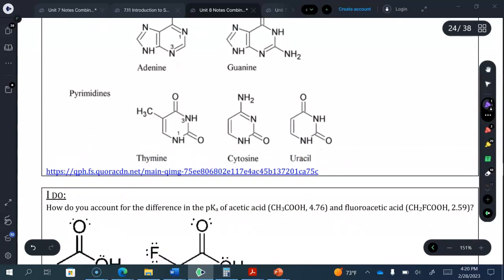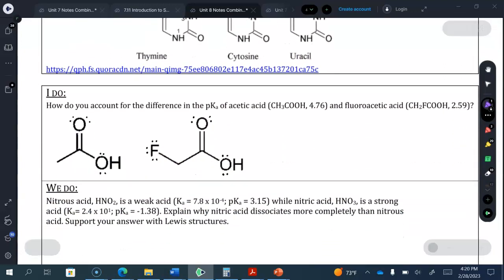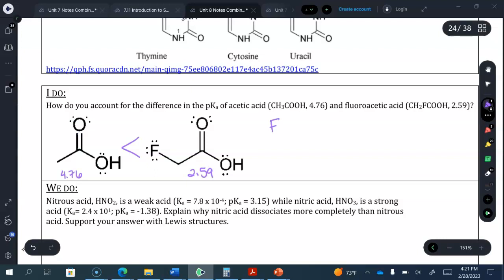Okay. So let's look at the IDU. How do you account for the difference in pKa of acetic acid, which is over here? So this is 4.76, and fluoroacetic acid, and its pKa is 2.59. So that tells me from those two pKa values that the fluoroacetic acid is much stronger. Okay, well, we have to think about why. Well, the big difference is that fluorine is present, so fluorine must do something. So fluorine stabilizes the conjugate base